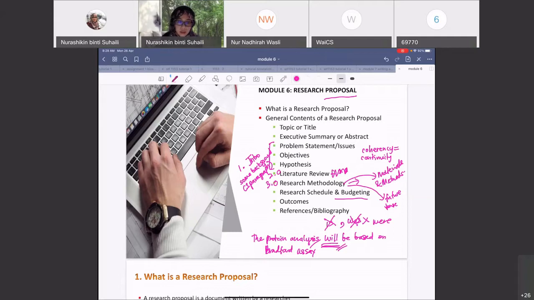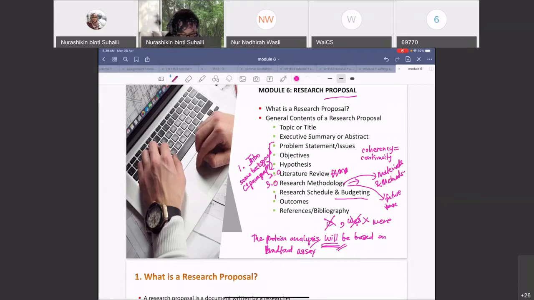But in your case, you don't have to worry about it, but it's good for you to know about it. The purpose of the budget is to convince the funder how much the research costs and your justification for why you need, say, 100,000. So if you elaborate in detail, like 5,000 is needed for chemicals, another 10,000 is for this equipment, the funder will be clear about the needs of that amount, okay? And then